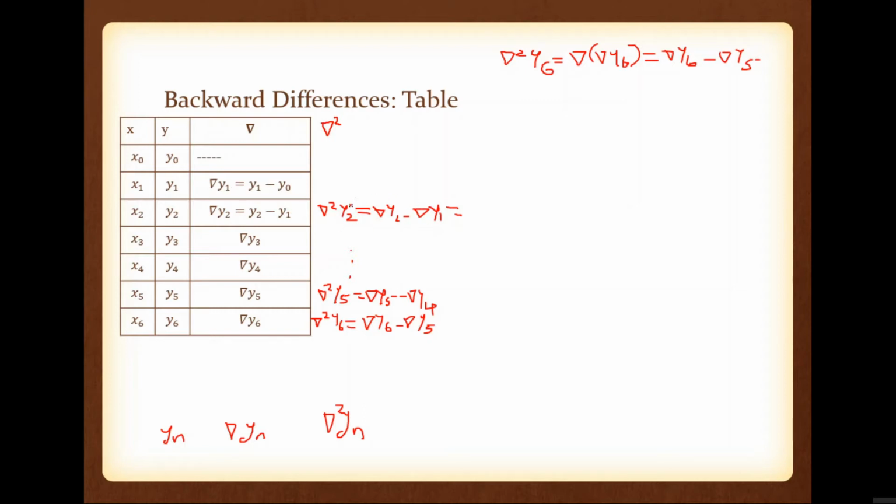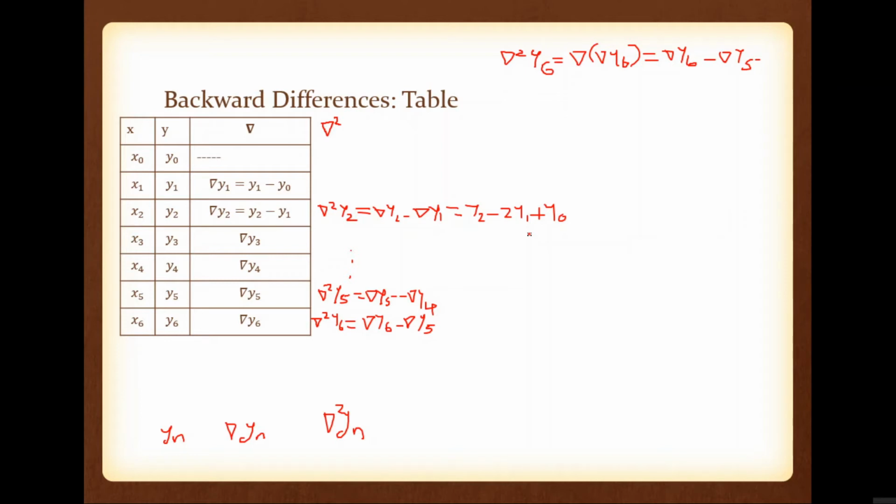Actually, we need this one only, to find the column. This is sufficient. So I am going to relate this one with the corresponding forward difference table. It is definitely related to some delta square term, that I am going to explain now. This is del y2, that is y2 minus y1. This is del y1, that is y1 minus y0. So you can see that this del square y2 is nothing but y2 minus 2y1 plus y0.